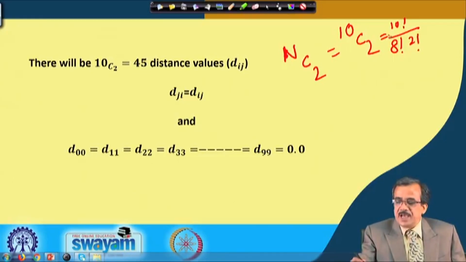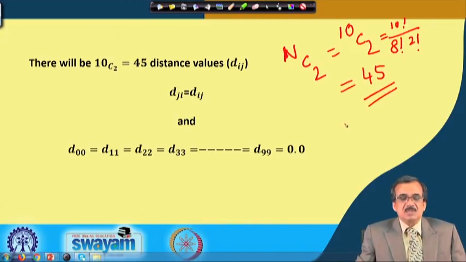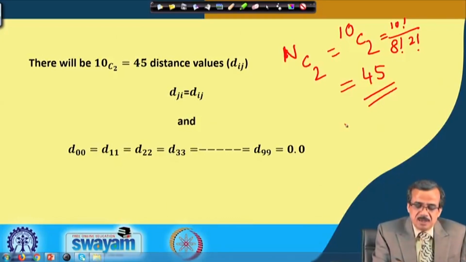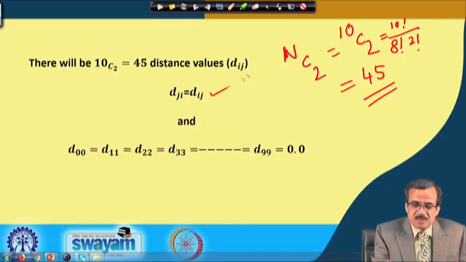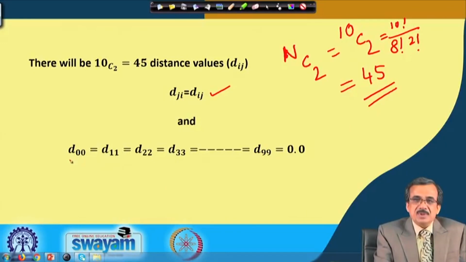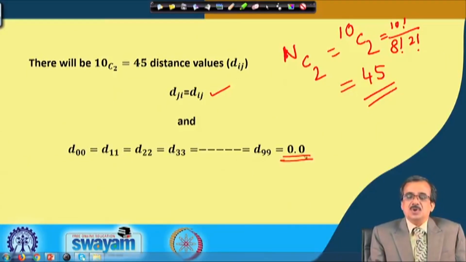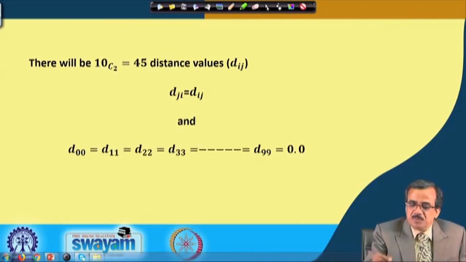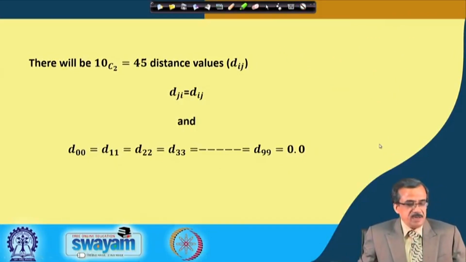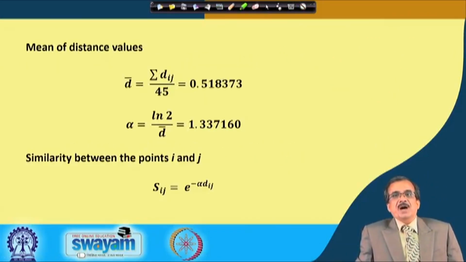So, it is 9 multiplied by 10, 90, divided by 2. So, I have got 45 distance values, and here d_ji is nothing but d_ij, and the diagonal elements are all put equal to 0, because d_00, d_11 is equal to 0. Using this information, very easily you can find out d bar,